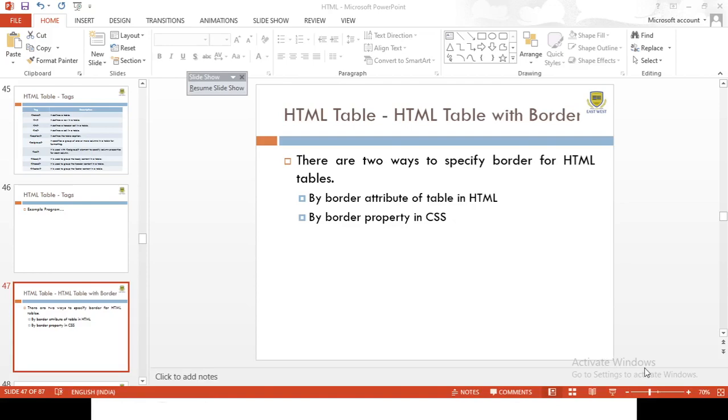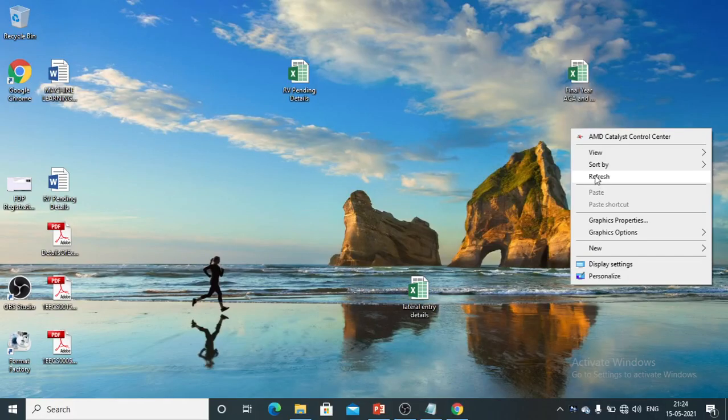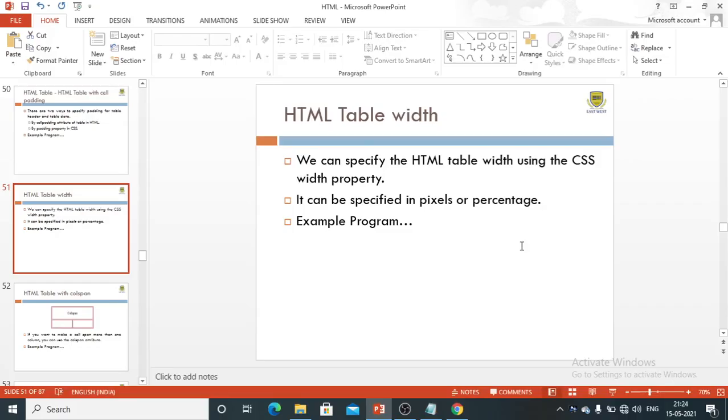Okay, one second guys. So we check both the properties.